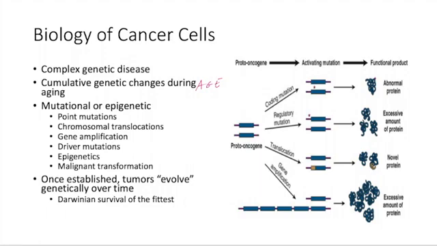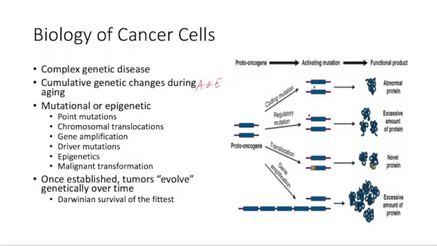We have chromosomal translocations, which we talked about in genetics, gene amplification, driver mutations, epigenetics, and then we have ultimately malignant transformation. So this is kind of just a little synopsis of, we are going to talk about proto-oncogenes, and then we have an activating mutation, whether it's a coding mutation, regulatory translocation, gene amplification. That is that activating mutation. So then we're going to get a functional product, which is maybe an abnormal protein, a new protein, a weird protein, excessive amounts of protein, and then that all leads to continued issues on the pathway.